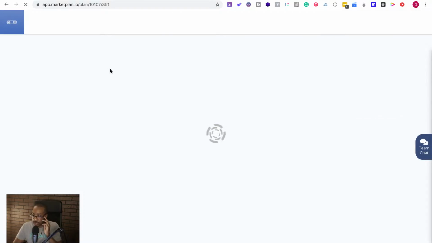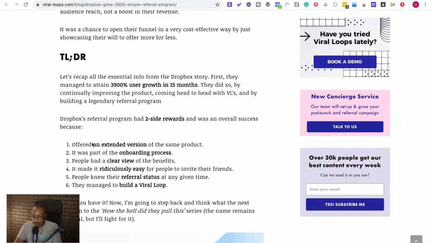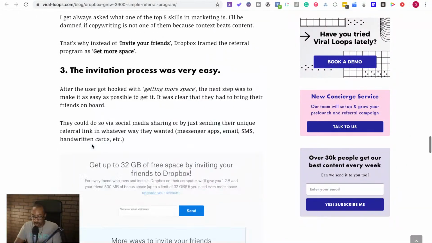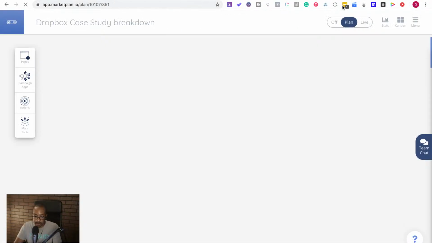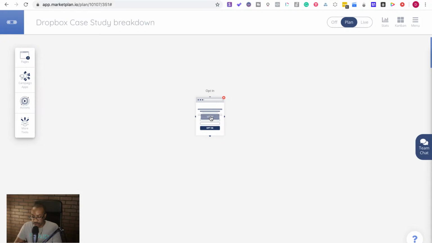Okay, let's do this. We're going to be coming to this page. Okay, blank canvas. Let's do this. So if we're going to be building a referral word of mouth campaign, what do you need? First of all, you need a home page, or you need a page where people can go to opt in, right? So I'm going to build this opt-in page. Okay, and I'm going to name it